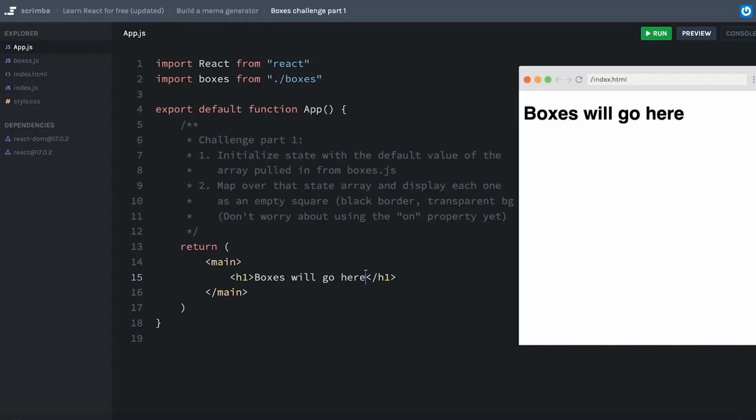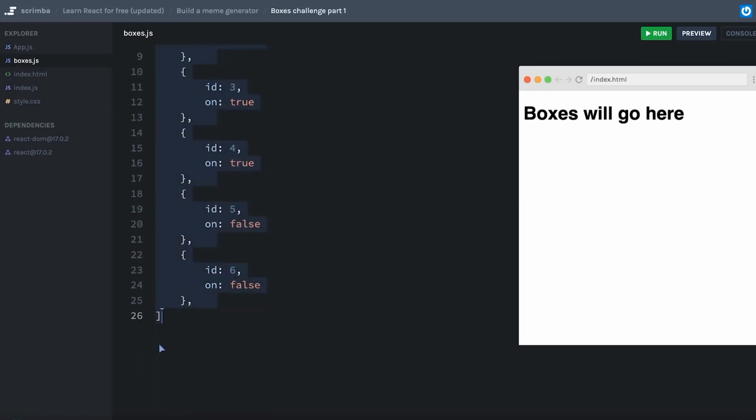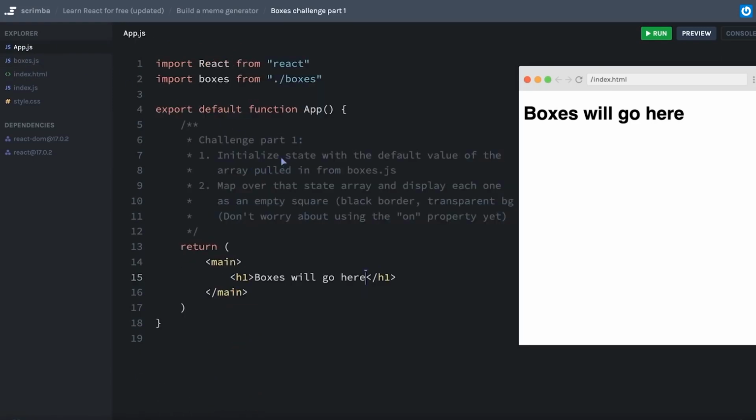This is the beginning of a series of small challenges to really reinforce some of the past topics that we've been learning about. The first thing I want you to do is to take a look at boxes.js. You'll see I created an array of objects which have two properties, ID and on. And your first challenge is to initialize some state inside of our app component with the default value being this boxes array. And then I want you to map over that state array and display each one as just an